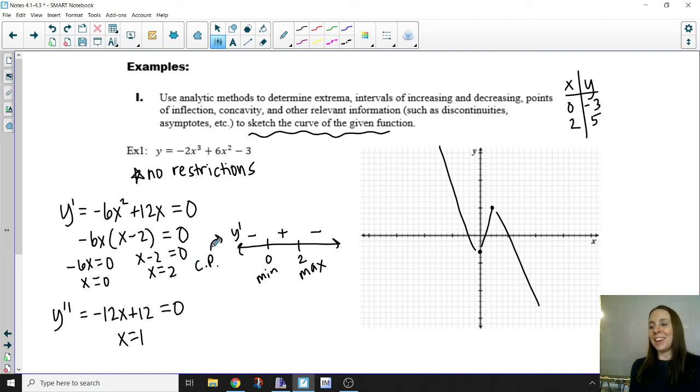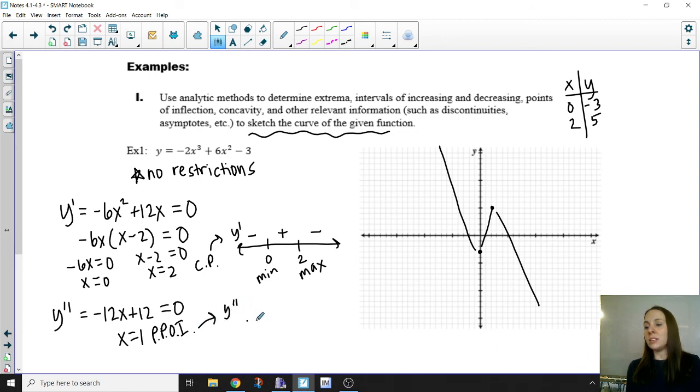Now watch this. I label critical points as CPs, right? Possible points of inflection, they're not points of inflection until you test them on a sign chart or something. You test the signs of the second derivative around the possible points of inflection. So you don't want to just label POI. So I do this: PPOI. That's kind of a fun little abbreviation, right? Possible points of inflection. X equals 1 will become a POI when we see